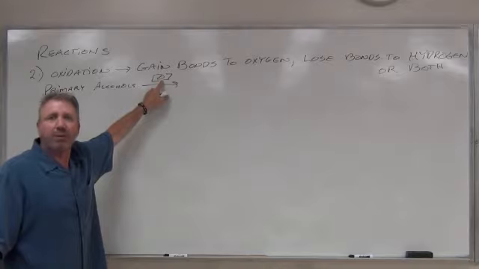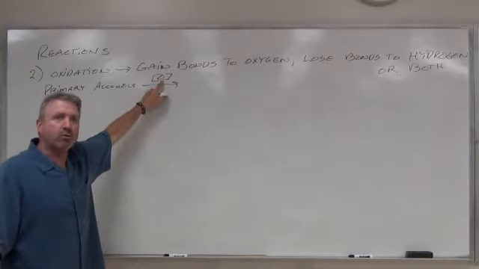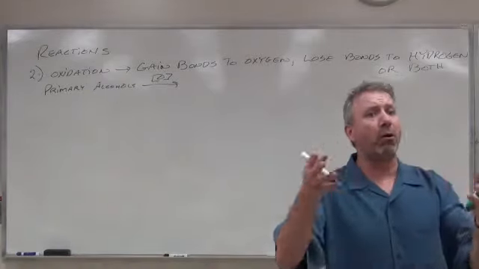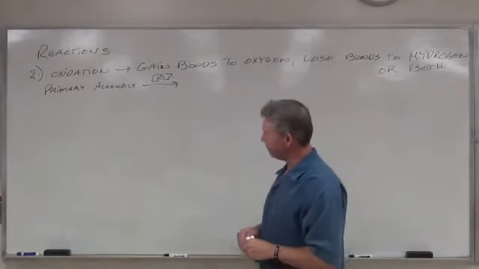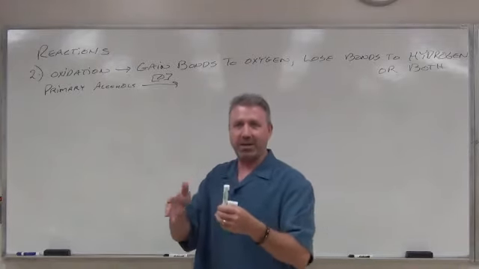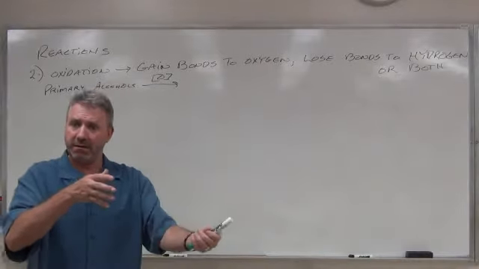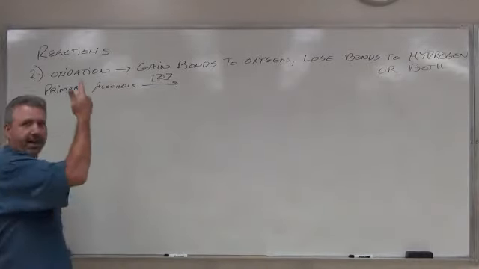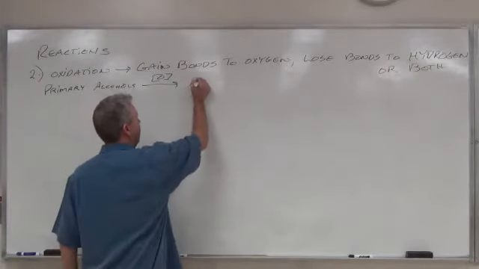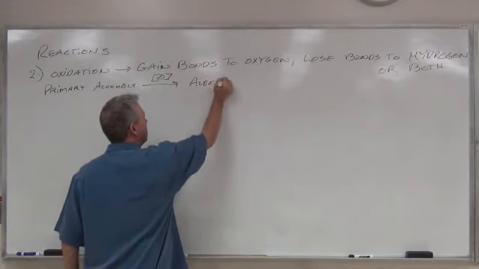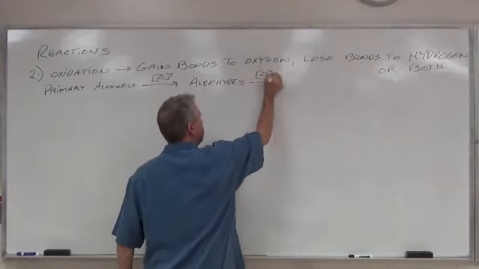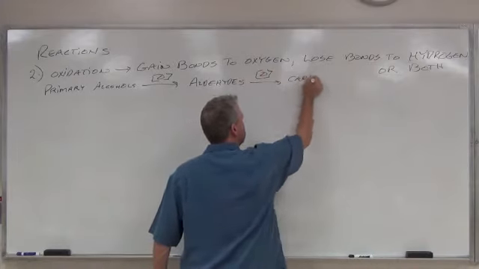Something like permanganate is an oxidizing agent. Ozone is an oxidizing agent. Nitric acid is an oxidizing agent. Osmium tetroxide. There's a whole bunch of different oxidizing agents, and they all act differently. They all oxidize in different ways. So we don't generally study the reaction mechanisms that lead to oxidation. We just say, here's an oxidizing agent, and this is what happens. Primary alcohols are oxidized to aldehydes, which are further oxidized to carboxylic acids.